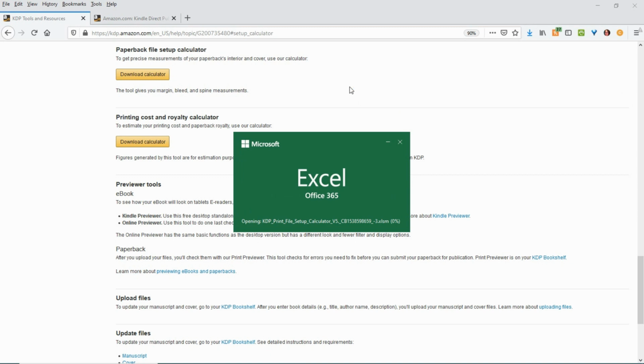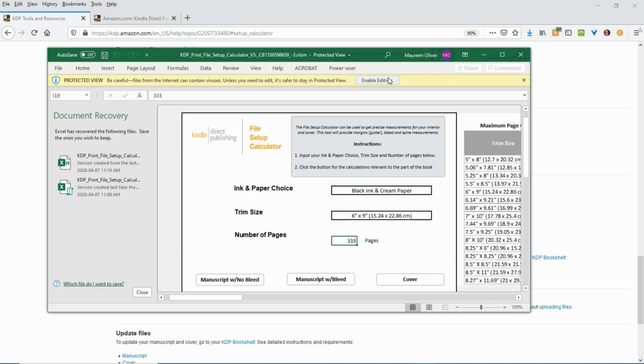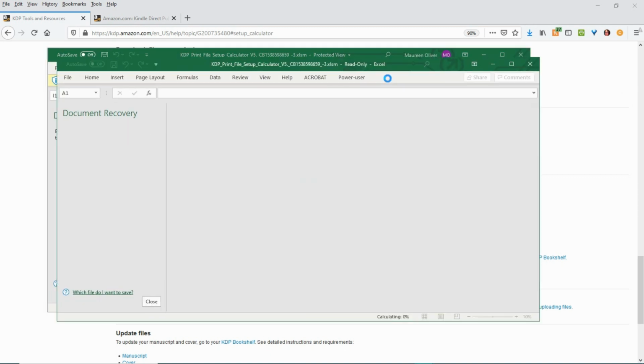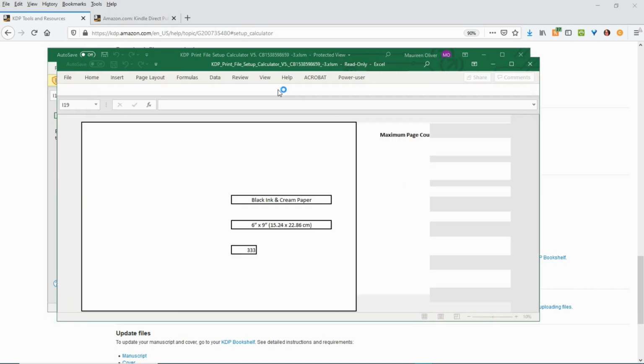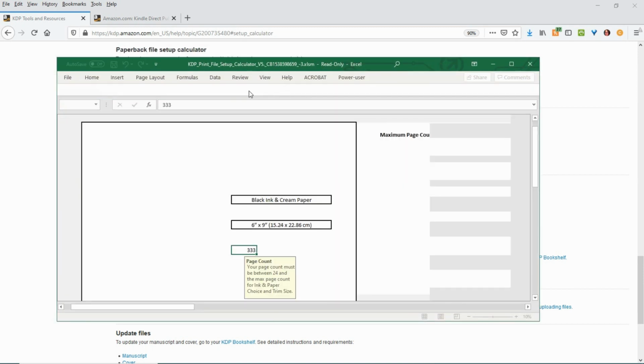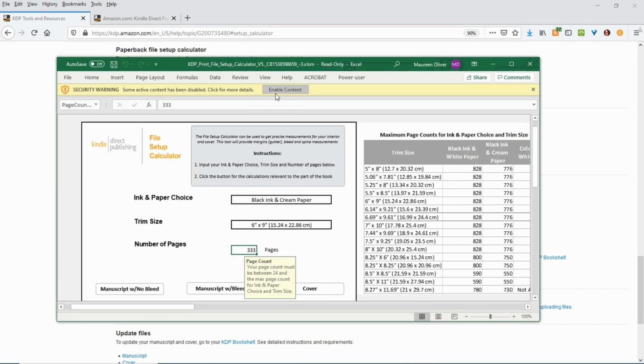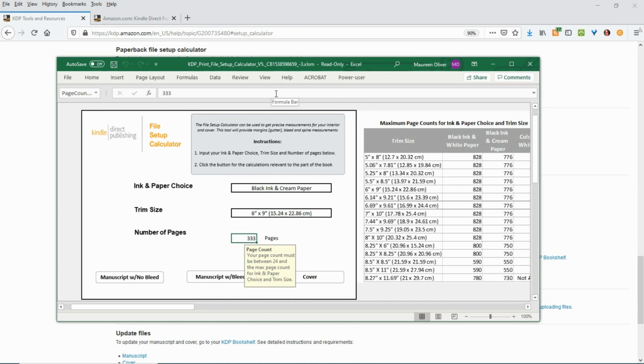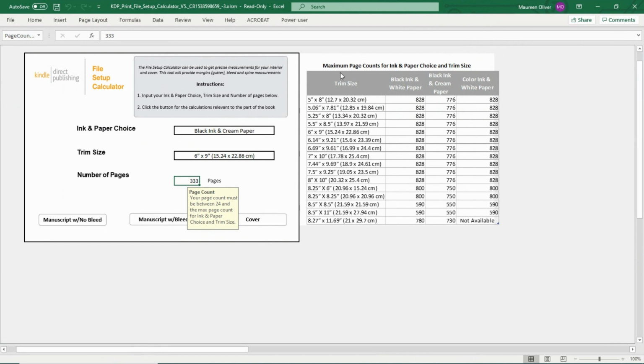And normally, I'll just go to the Amazon Kindle cover creator and do that, and then I just have to pull the PNG into Photoshop, and that gives me the sizing, so I don't really need to do this, and this is a bit of an extra step. But here's the calculator. So I'm going to choose black ink and white paper,